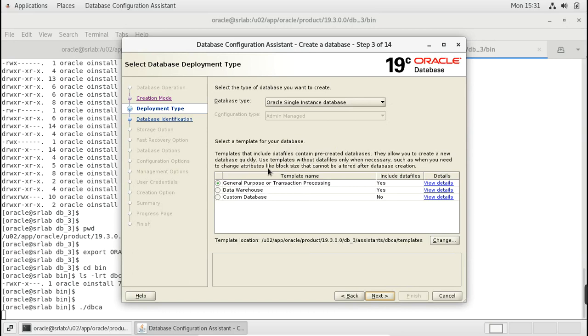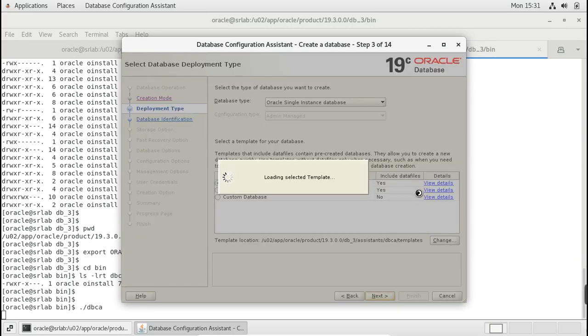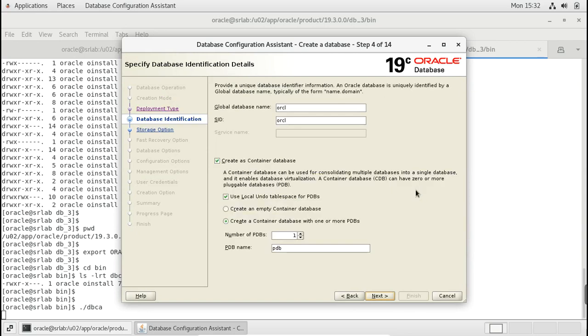Oracle single instance database, general purpose. So I am giving the container name as SRCDB3.